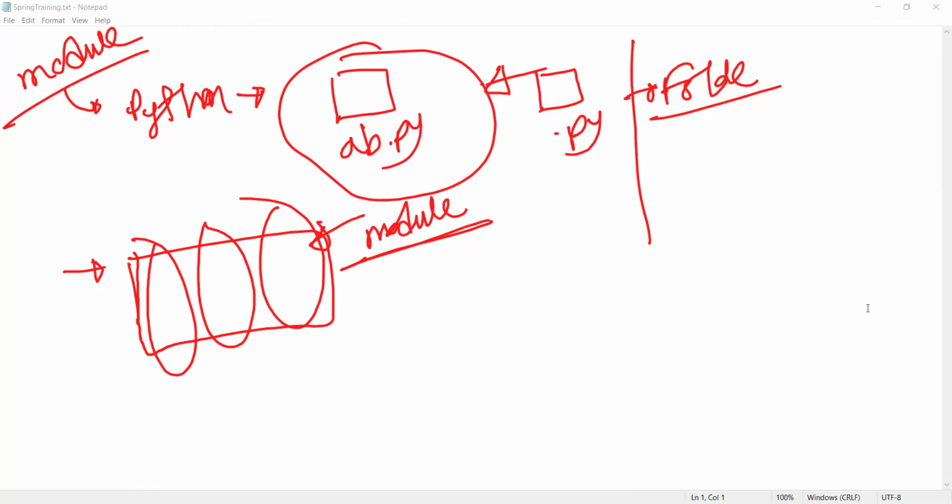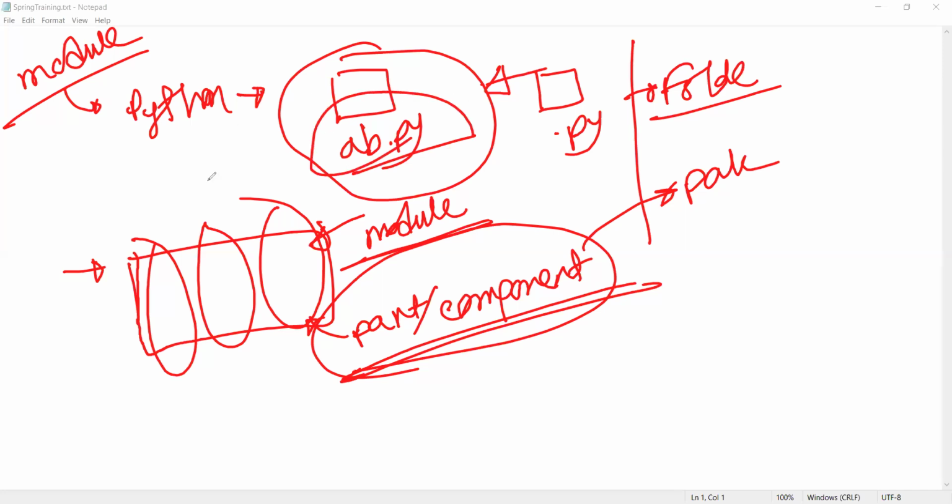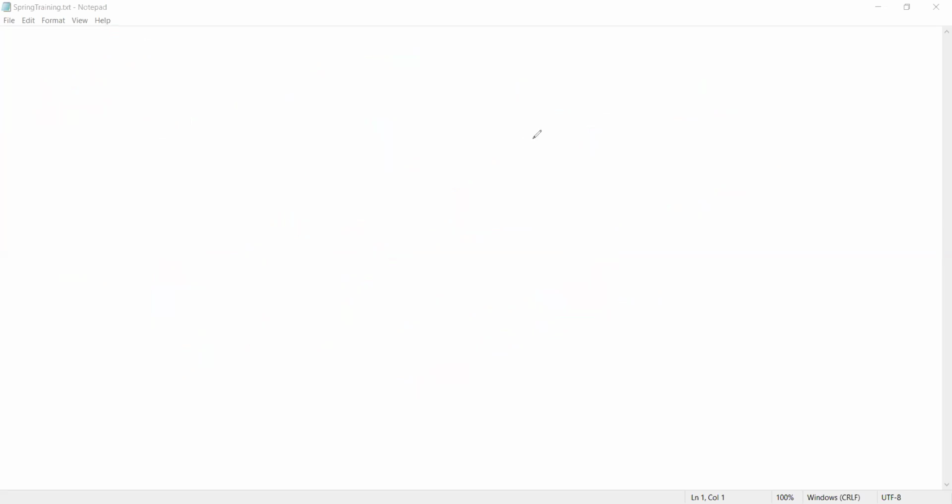What is a module? Part of a software, part of a framework. Simply, a part or component of a software. Software mainly means code, so it is some code, nothing more than this. Sometimes module means one package, sometimes a .py file, sometimes a part or component of a software. Any confusion up to now? Now let me discuss the main point.